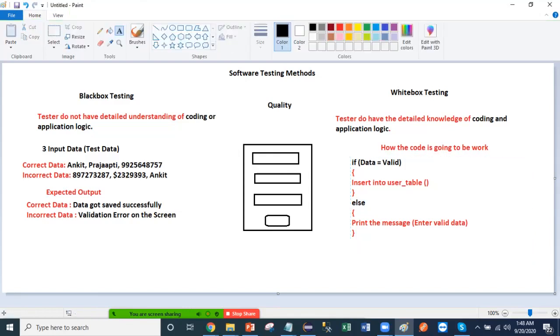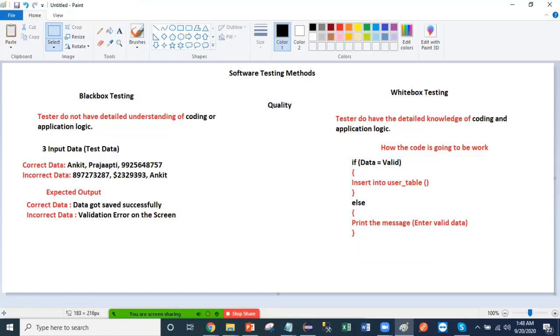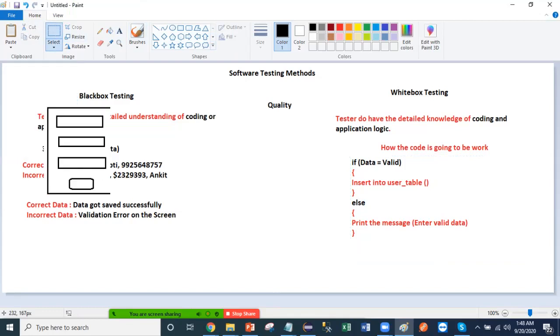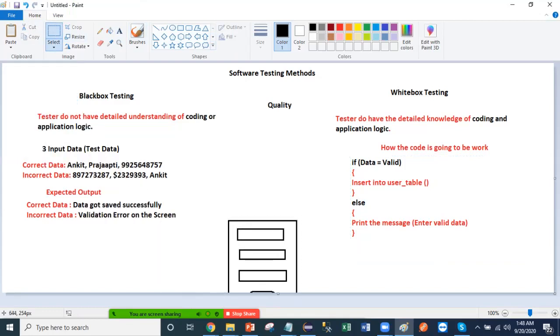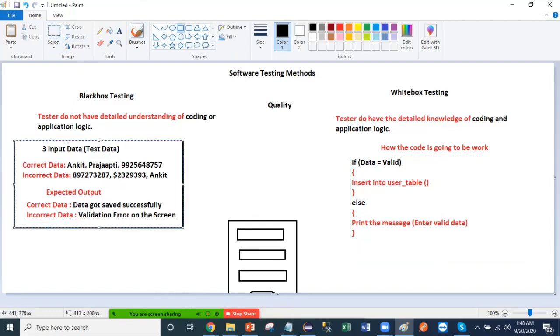No worries. Let me put the same thing here. You understand the black box, right? Now this is what you can see in black box testing: you simply send the input data and identify the expected output. Here you see this data is getting saved.